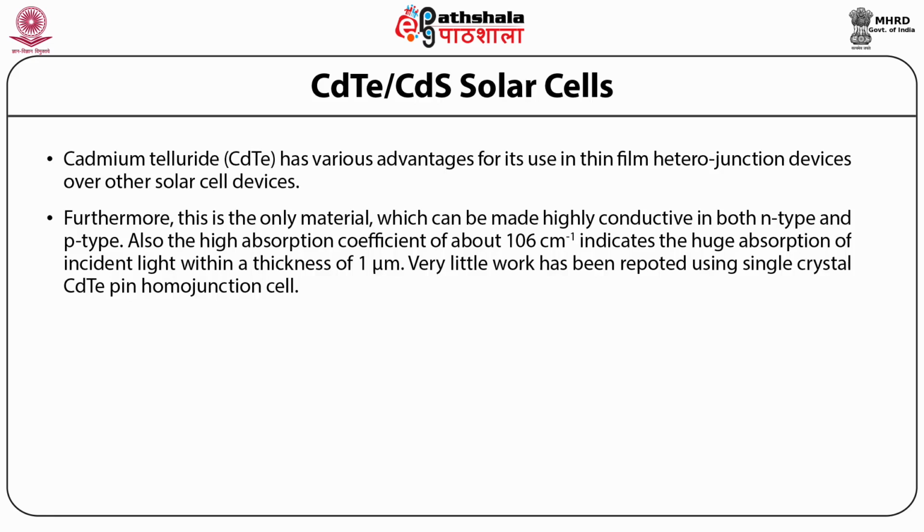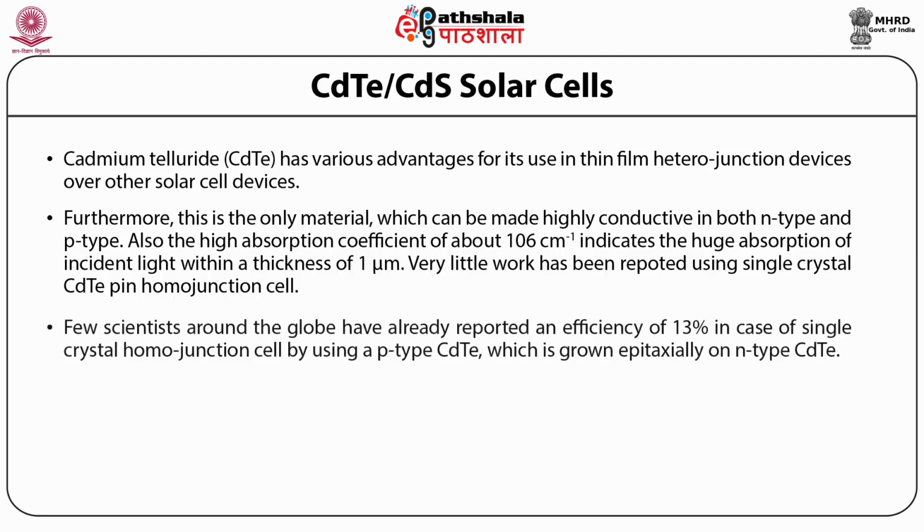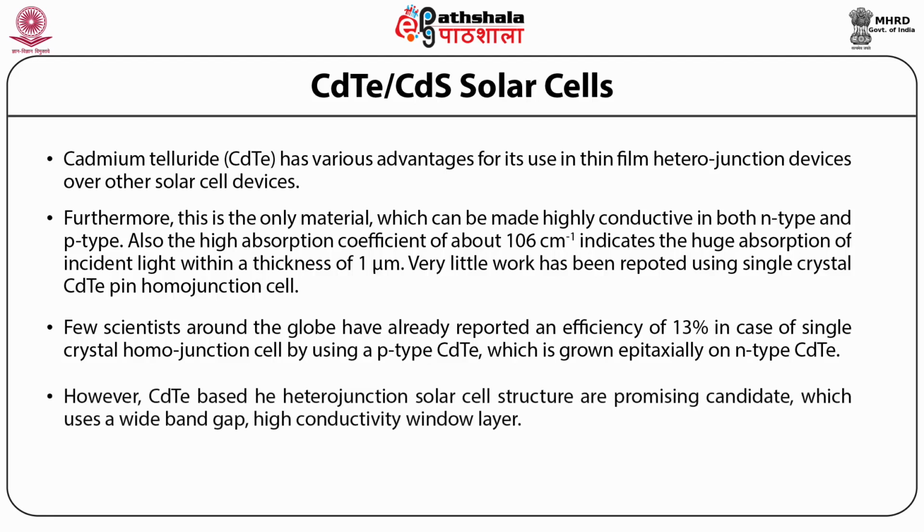Very little work has been reported using single crystal cadmium telluride pn homojunction cells. Few scientists around the globe have reported an efficiency of 13% in the case of a single crystal homojunction cell by using p-type cadmium telluride, which is grown epitaxially on n-type cadmium telluride. However, cadmium telluride based